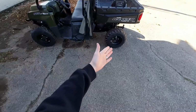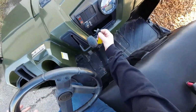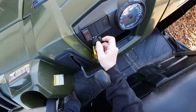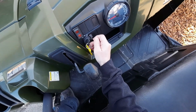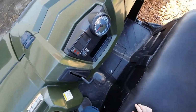We got a Ranger 570 EFI with an ignition that won't turn anymore. It'll go to the on position, and sometimes you can hear the fuel pump cut on. There it goes. But then you can't turn it any more than that. So